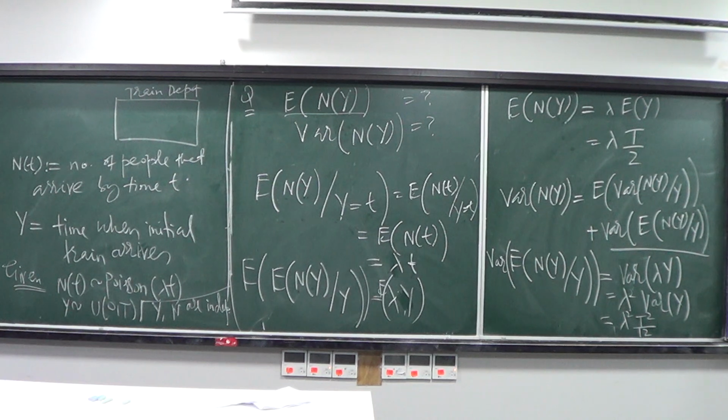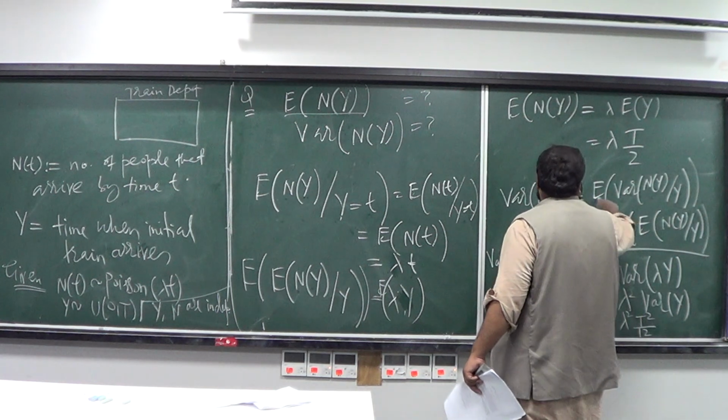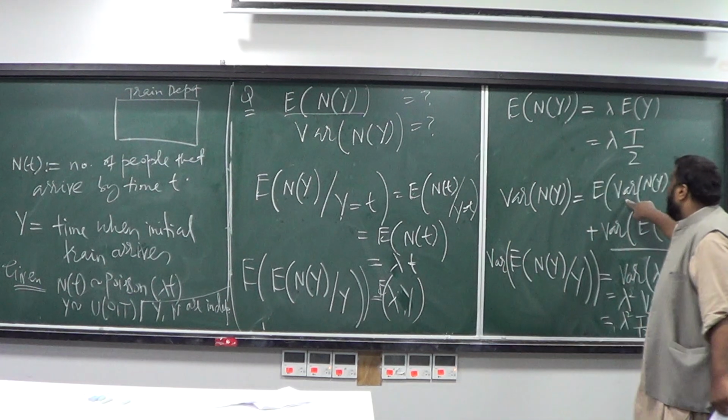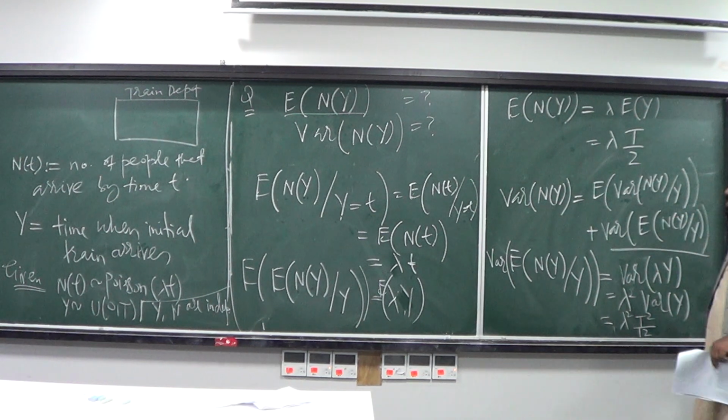We know the formula, so we can deduce this. So the next thing would be to compute the expectation of it. But for that, first we need to compute the variance of N of Y given Y. And once we know this, then we can compute the